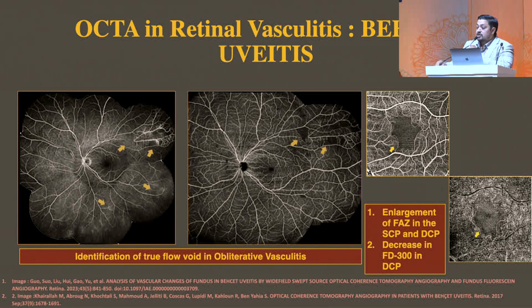Now, as has been discussed previously, the OCT angiography cannot show leakage. So how do we diagnose diseases like Behçet's uveitis or any other uveitis? First, OCT angiography is not affected by the leakages, and you can clearly see the CNP areas. And as we have evolved in time, we've understood that the decrease in the vessel density in the superficial as well as in deep capillary plexus around the FAZ can tell us that the disease is progressing. So if you see that although clinically the disease is not progressing, but it is there, this means the treatment needs to go on.